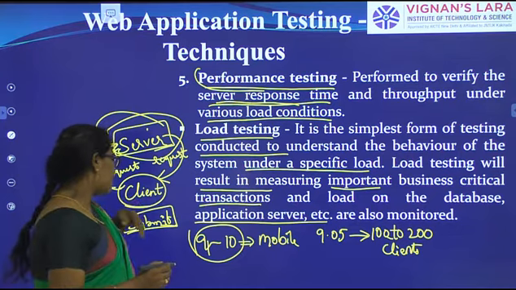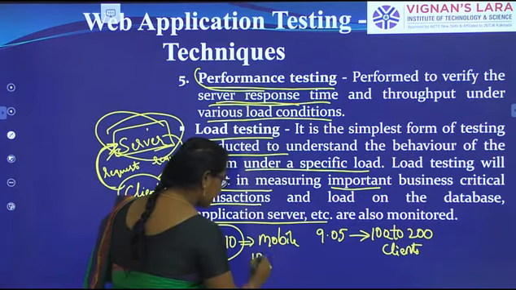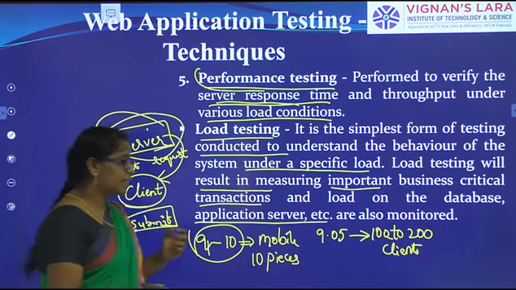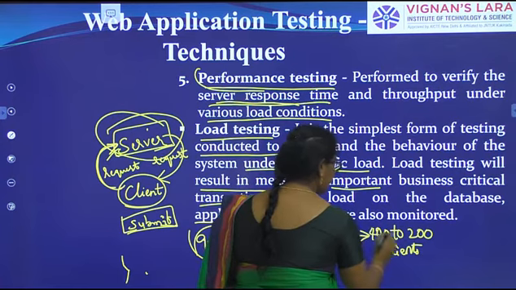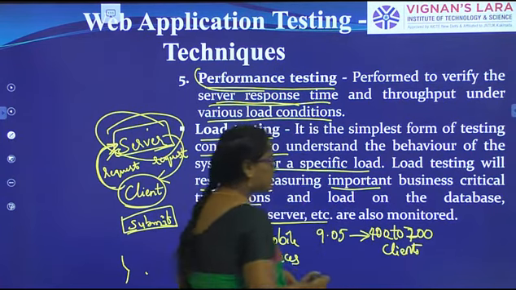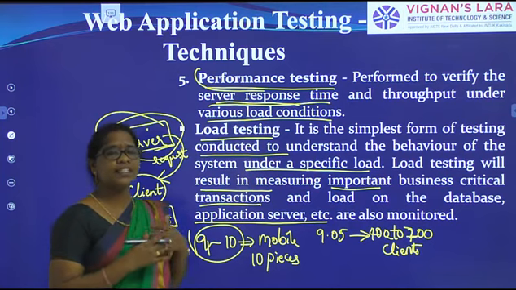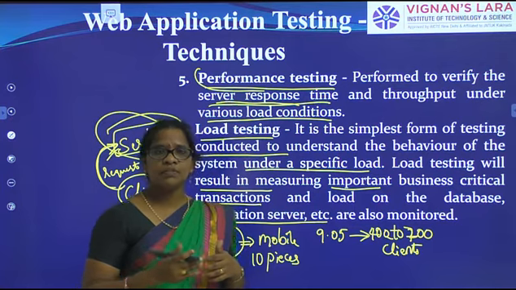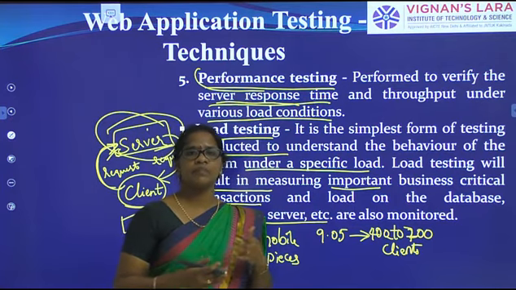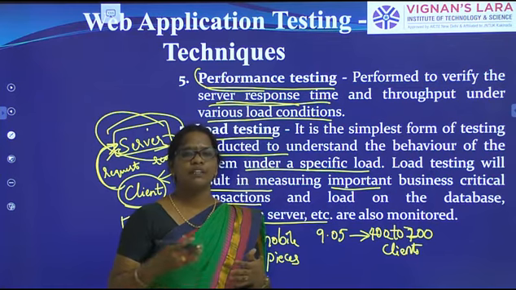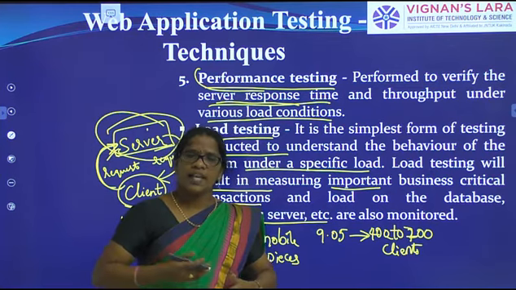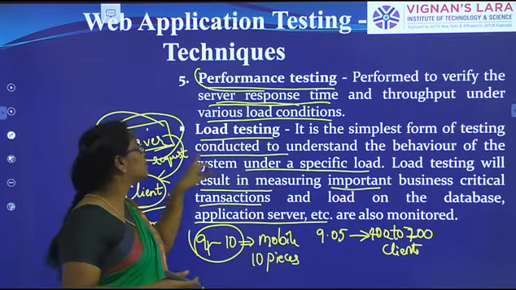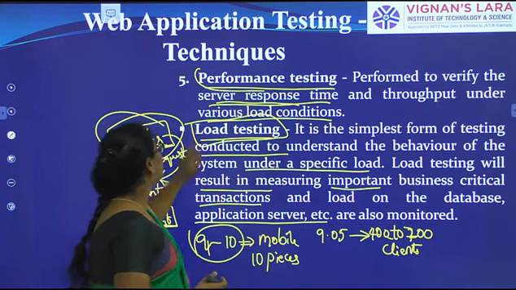For example, at 9 to 10, only 10 pieces of mobile are sold at the lower price, then the number of clients will increase, maybe 400 to 700. That means the load on the server is getting increased. Some people will do the transactions, the money will be debited from their bank, but they will not get the product. It may happen like that. So in order to avoid those types of errors, load testing will be performed. And next,